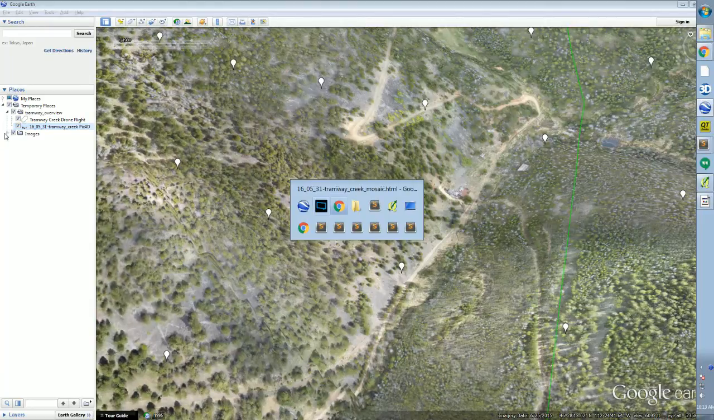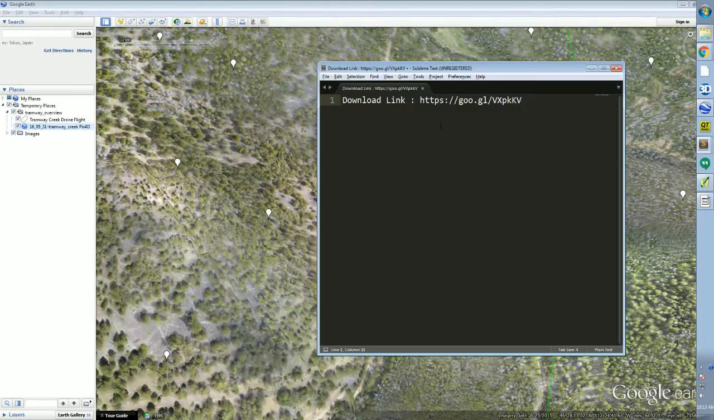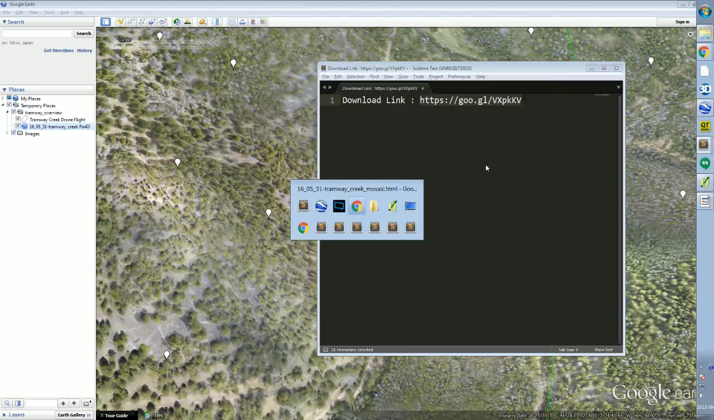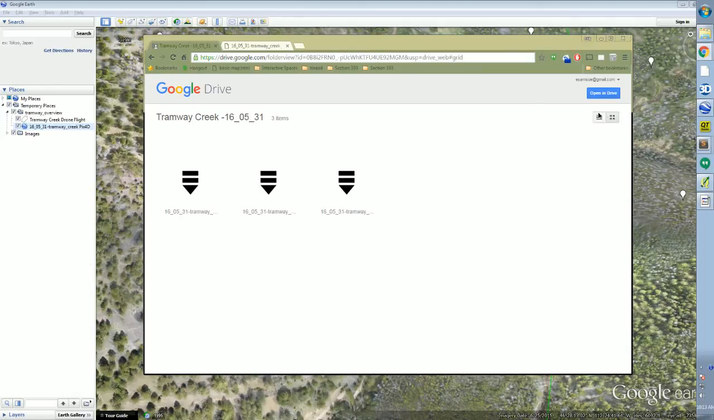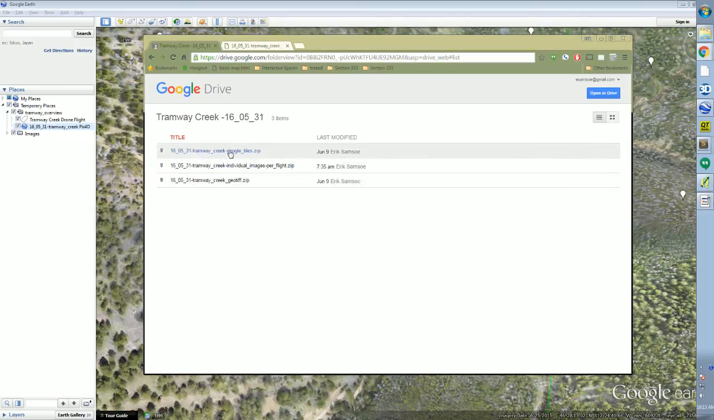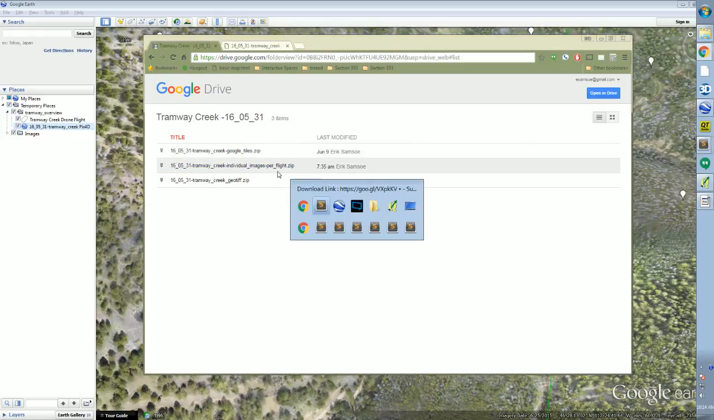I'm sending you a download link right here, and that will connect you to a Google Drive account, which looks like this. There are three major zip files in this account: the Tramway Creek Google Tiles, which is the Google Earth overlay; the Tramway Creek individual images per flight, which is